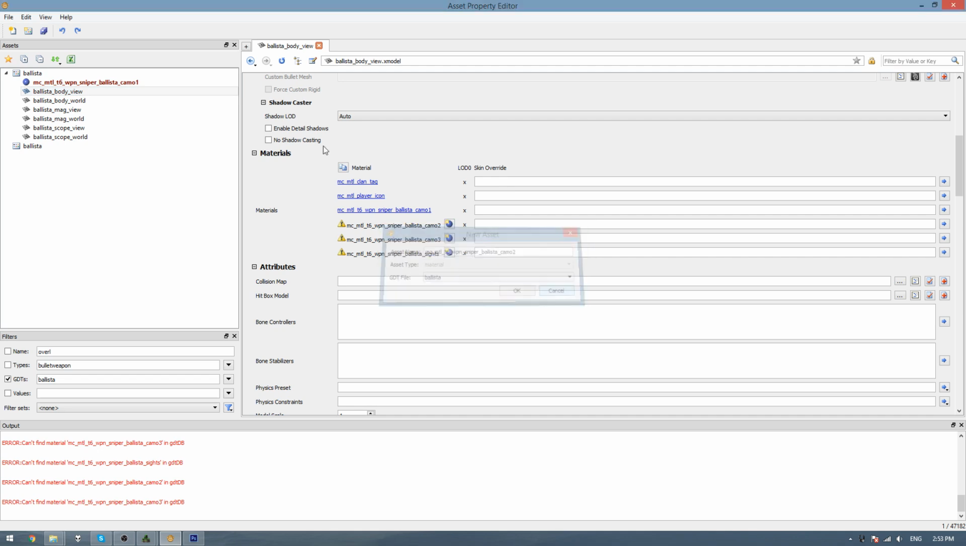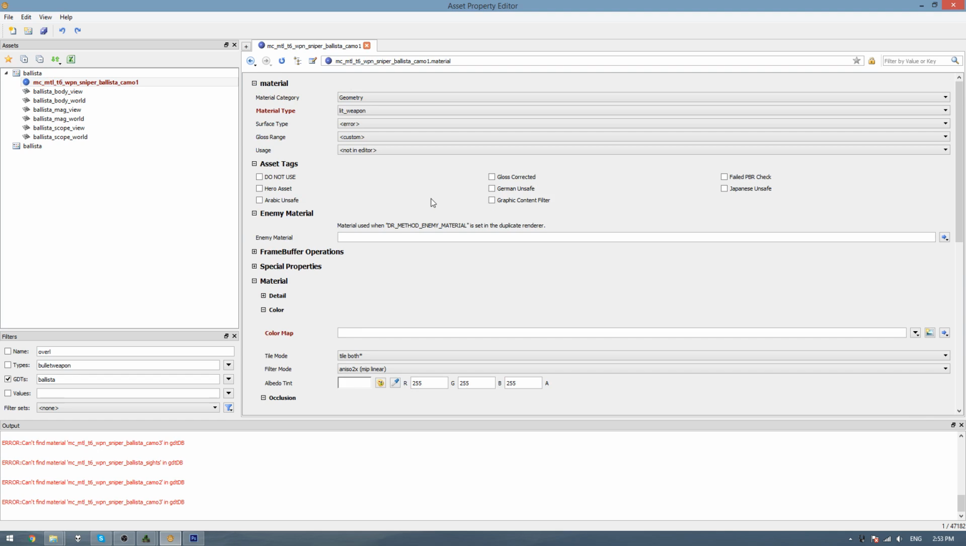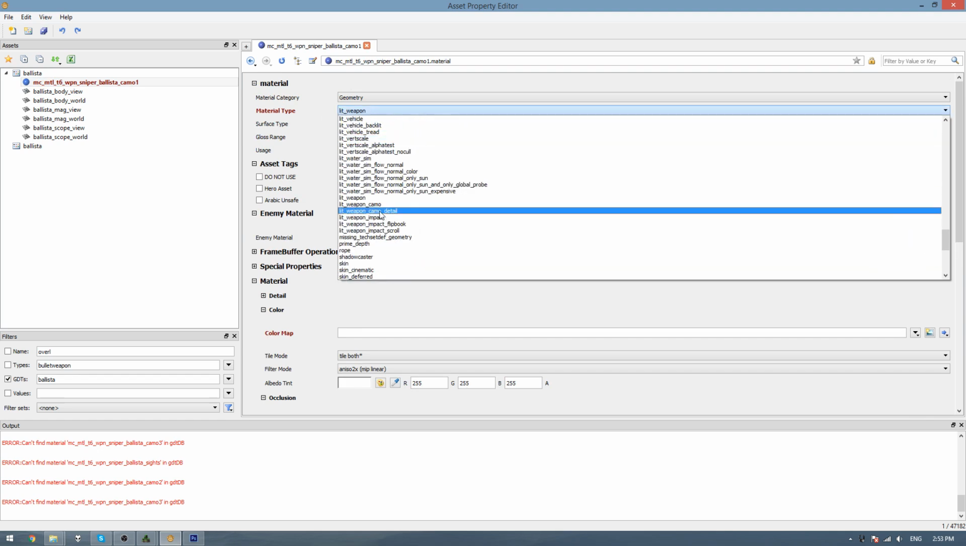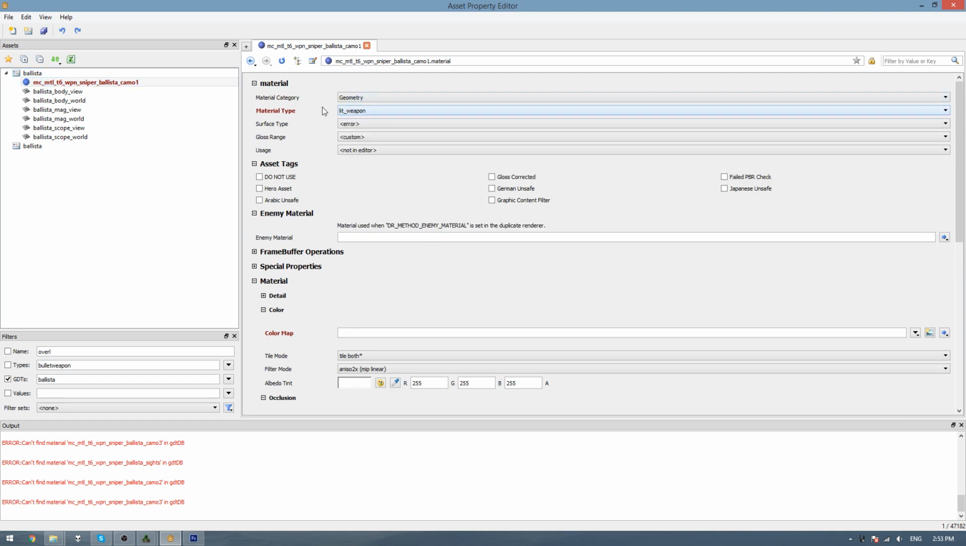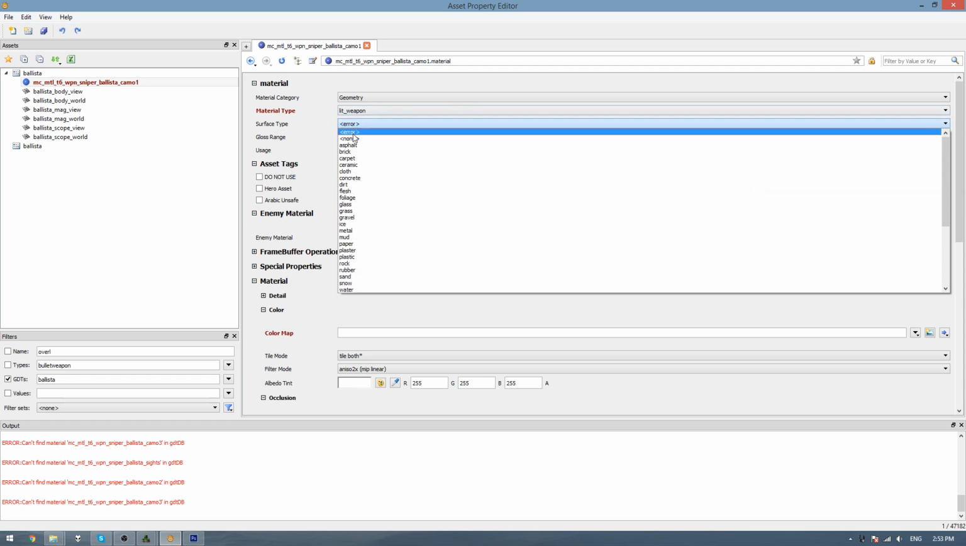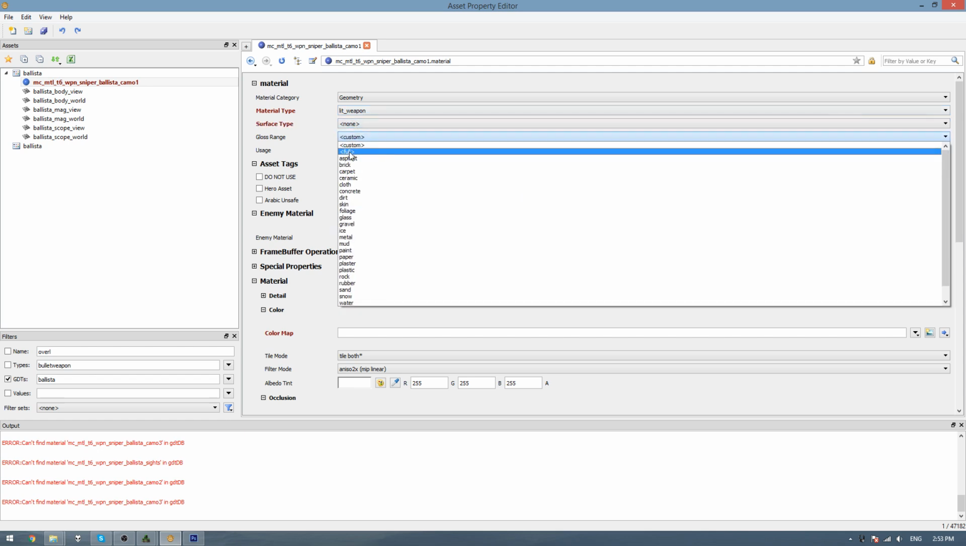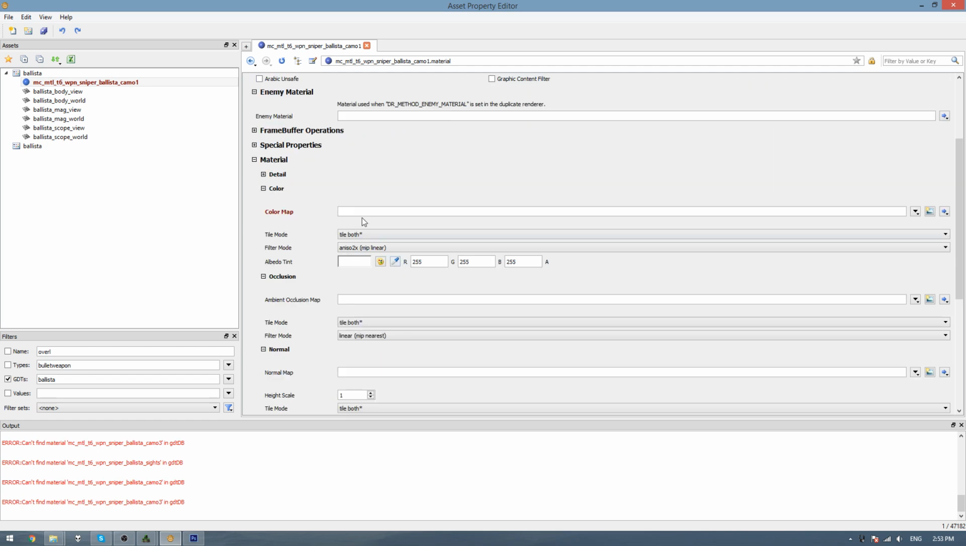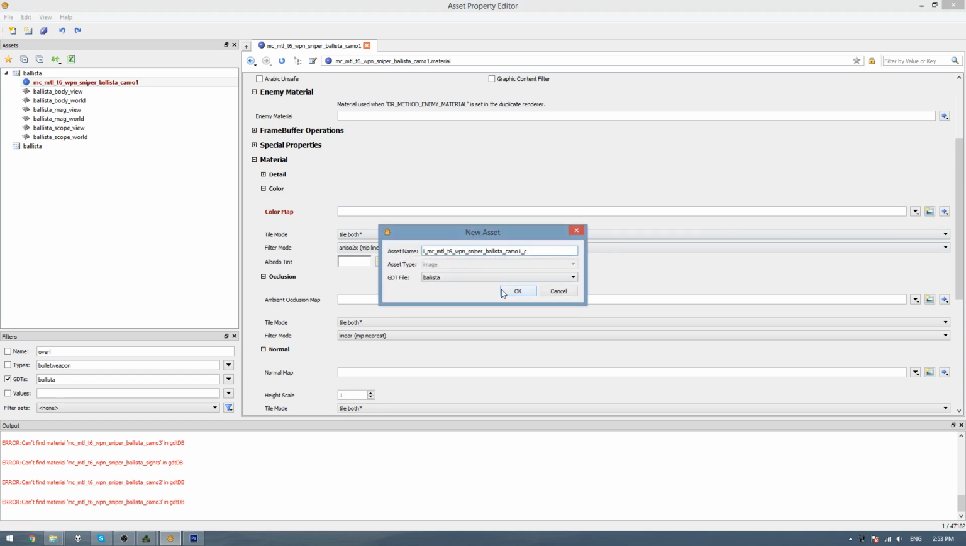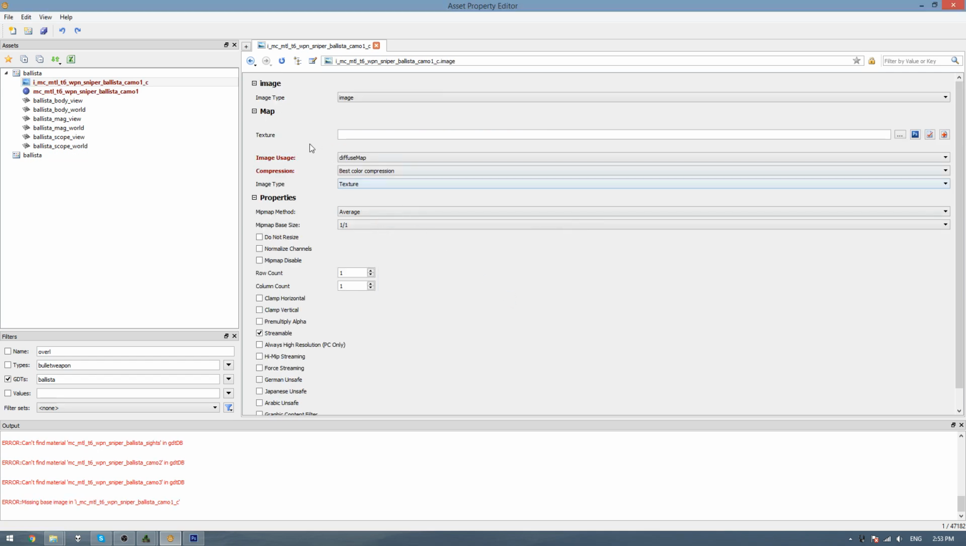Click OK, and then you should just have an empty window, with nothing in this material type. So we just want to set it to lit weapon, surface type to none, and gloss range full. And then in our color map, we just click on this new image icon, and then it'll set up all the parameters for us. Press OK, and then in the texture we just need to go find the TIFF files